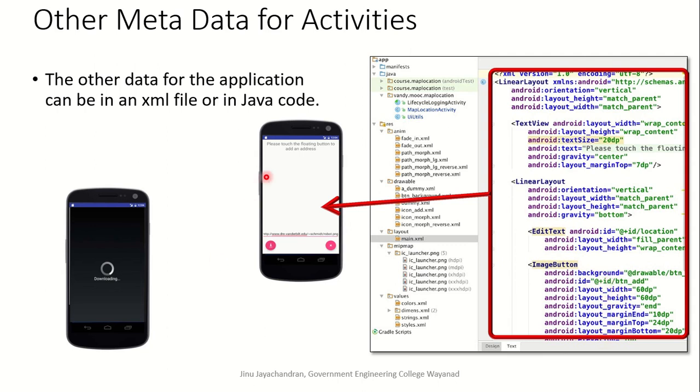And we can also say what the layout is, like where you should position each of these fields, text view, edit text view. If there is another button here where you want to position it, etc., that is there in the layout. So all these components which you are using to interact with the app have a corresponding XML file in which you will describe all the necessary details to the application.